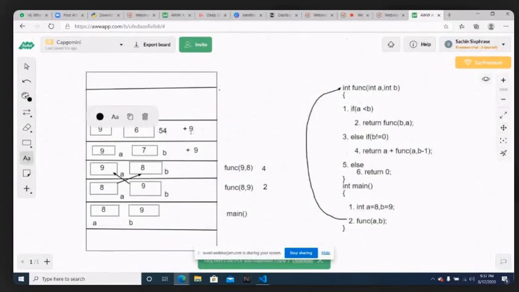Then 54 is added with 9, and that 63 will be returned when the return statement a plus function of a comma b minus 1 is available. So 54 plus 9 is 63. The return statement will take that 63 and send it to the next activation record. If the return statement is not available, we will not take the data and we will not send it to the next activation record.